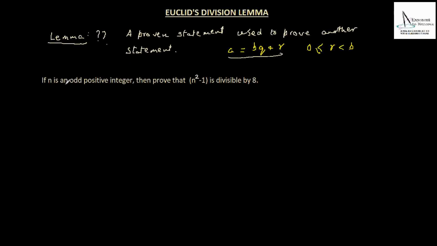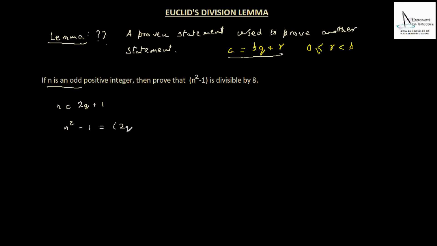Okay, now let's have a look at the question again that we did previously in the video, and this is to explain to you the common mistakes that people make so that you do not make those mistakes again. Since it says that n is an odd positive integer, it can be written in the form 2q plus 1. So let's take n as 2q plus 1, and we have to prove that n square minus 1 is divisible by 8. So let's find n square.